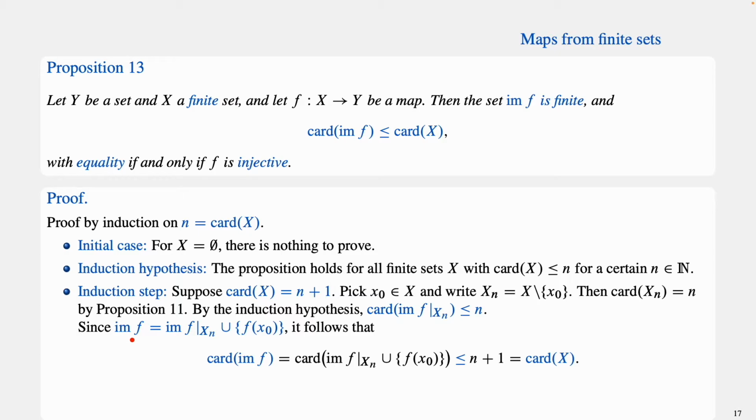But now the image of f is the union of the image of f restricted to xn and the value of f applied to x0. This is not necessarily a disjoint union. We can't say that at this moment, but nevertheless this equality is true. So it follows that the cardinality of the image of f is the cardinality of this set, because these two sets are identical. And this set here can have at most n plus 1 elements, because there are two